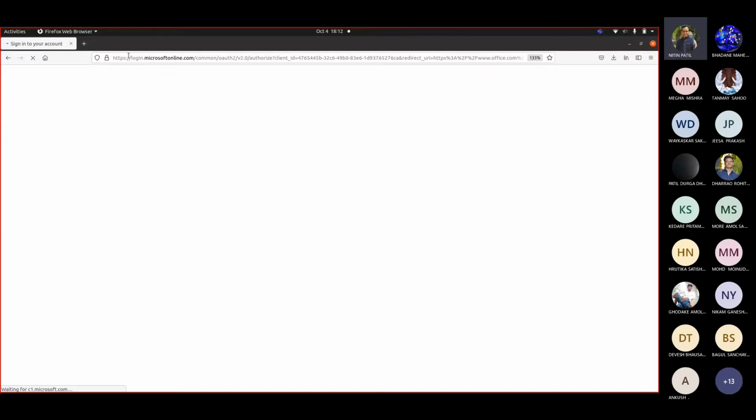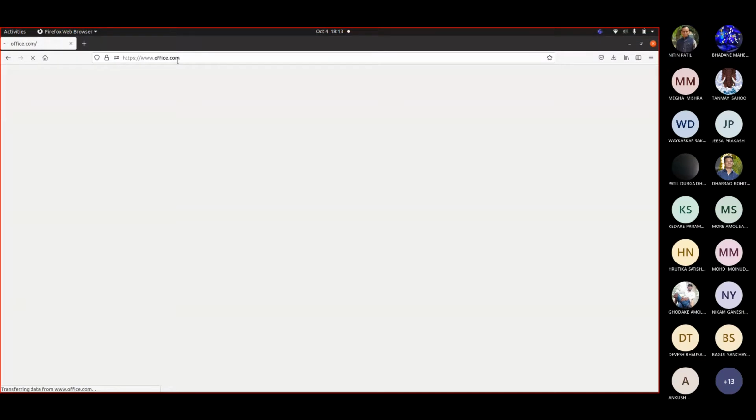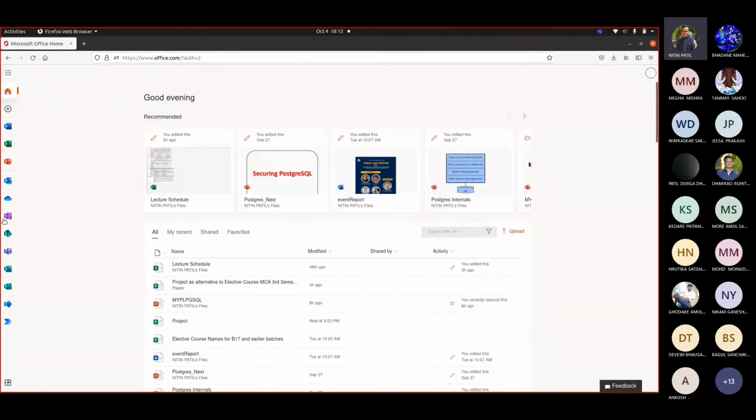Now, how exactly you are going to keep that link ready? That's what I'm going to tell you on a day-by-day basis. So let us see this. Office.com will ask you for credentials. You go there, and if you look towards the left side of the window, there is something called OneDrive. So try to see that OneDrive.